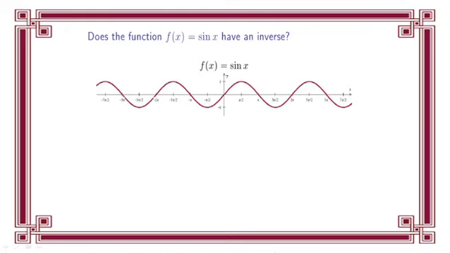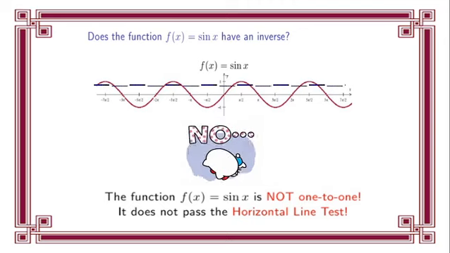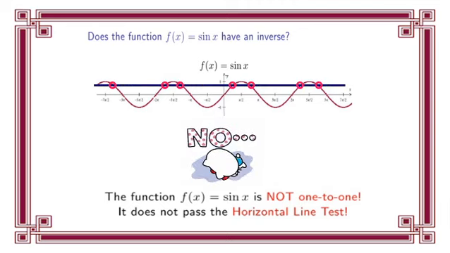Now the question is, students, does the graph of sin x have an inverse? Look at the graph in front of you and give it a thought: do you think it has an inverse? No. And what is the reason why it does not have an inverse? Because the sine function is not one-one. It does not pass the horizontal line test. At so many values of x, it is giving us the same value for y. So how can it be one-one?